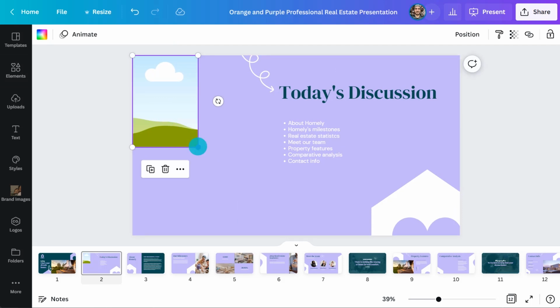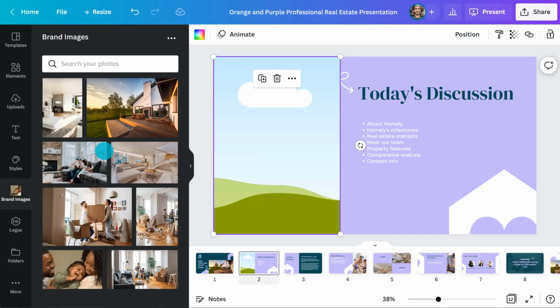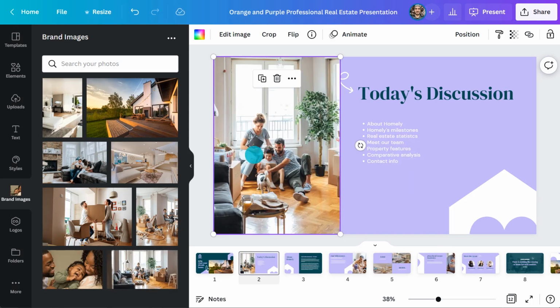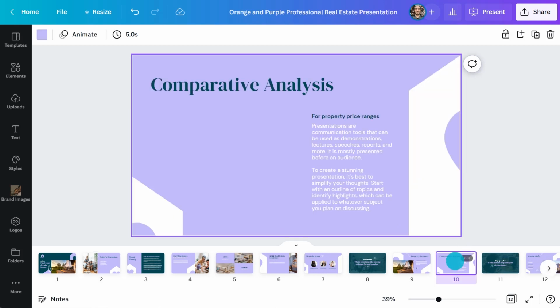I will stretch out the frame to fill out the space. Now, members can simply drag and drop new images into frames to give each design a new look. Other elements that are great for templates, specifically to help with data visualization, are graphs and tables. Tables and graphs can also be found within the Elements tab and can be updated with brand colors and fonts.